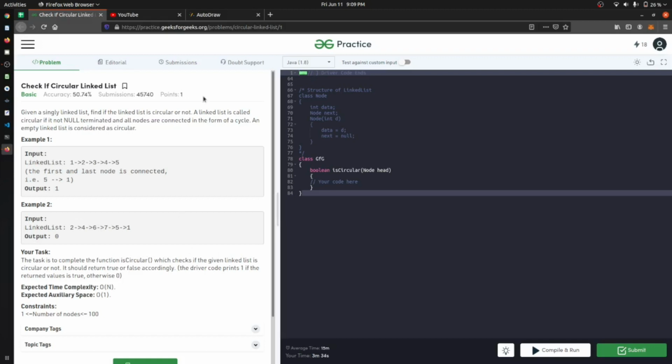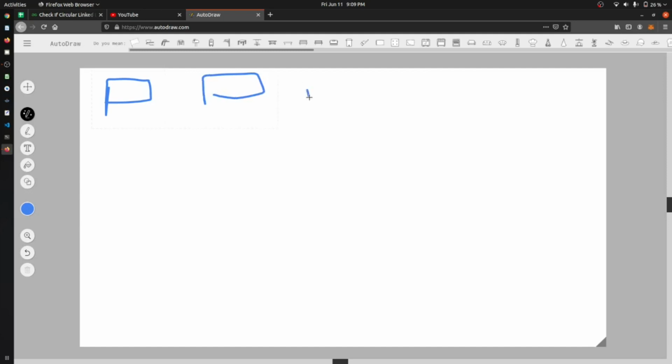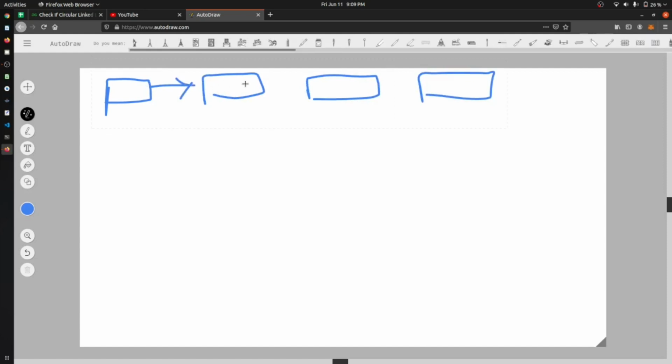So let's see what a circular linked list is. Let's say this is a node, this is the second node, this is the third node, fourth node, and they are pointing to one another. In a simple linked list, we know that the last element points to null.